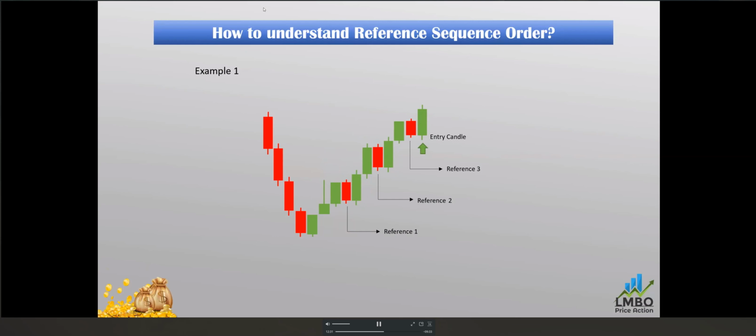When you see this type of reference, you need to understand this point: it means there is a pattern, and this pattern will not work. Why? Because the reference is telling that the sellers don't have supply, they are not in momentum. So that's the reason this pattern will fail. Yesterday in the previous class we understood about the patterns, when they will work and when they will not work. These sequences tell us when the pattern will work and when it will not. So here this pattern will not work, and that's the reason we will go with the counter buy.